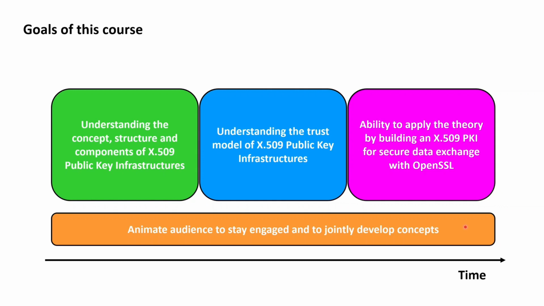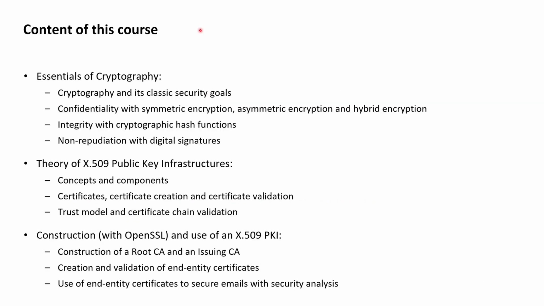In terms of actual content of this course, we will essentially go through 4 stages, and we will start with a chapter providing the essentials of cryptography just enough to later understand the key cryptographic mechanisms taking place within X.509 PKIs. For this, it will be essential to understand the concept of encryption to provide confidentiality to data, and it will be equally important, if not even more so, to understand the concept of digital signatures to provide non-repudiation to data, which is one of the strongest integrity-related security notions provided by cryptography.